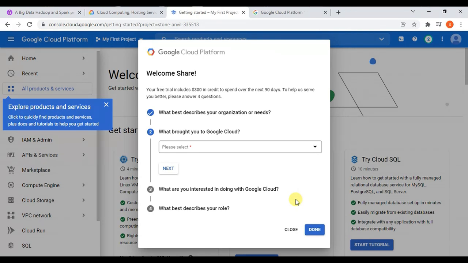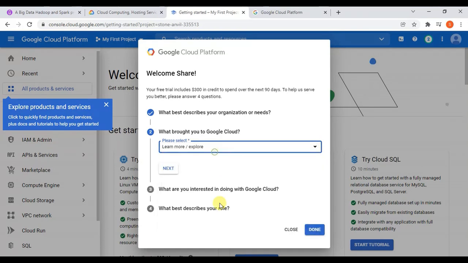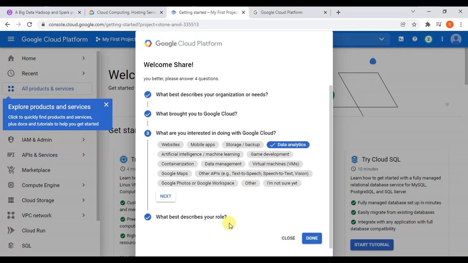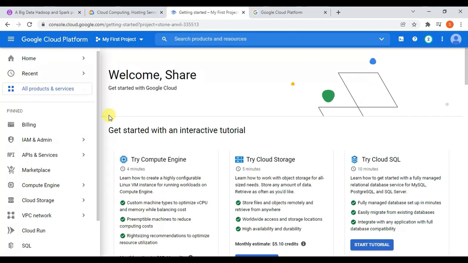Just select from the drop down, like in the second point, what brought you to Google Cloud. Just select anything. I selected I can learn more and explore, and click on done. It's a kind of survey. Just take one more option, like I'm clicking on data analytics, and that's it. Now we got it, the account got successfully created.